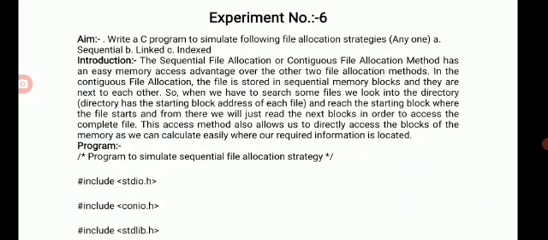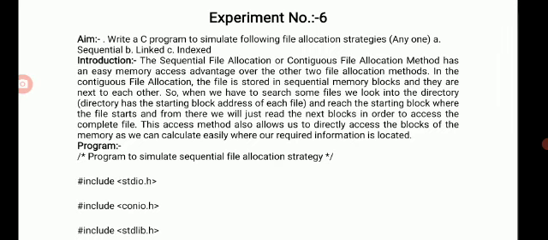Okay, so a file doesn't mean only a file used by the user. This file is also used by the system, which is called a system file. And the file which is used by the application is called an application file. Now these files are stored onto the secondary storage in different ways, different strategies,